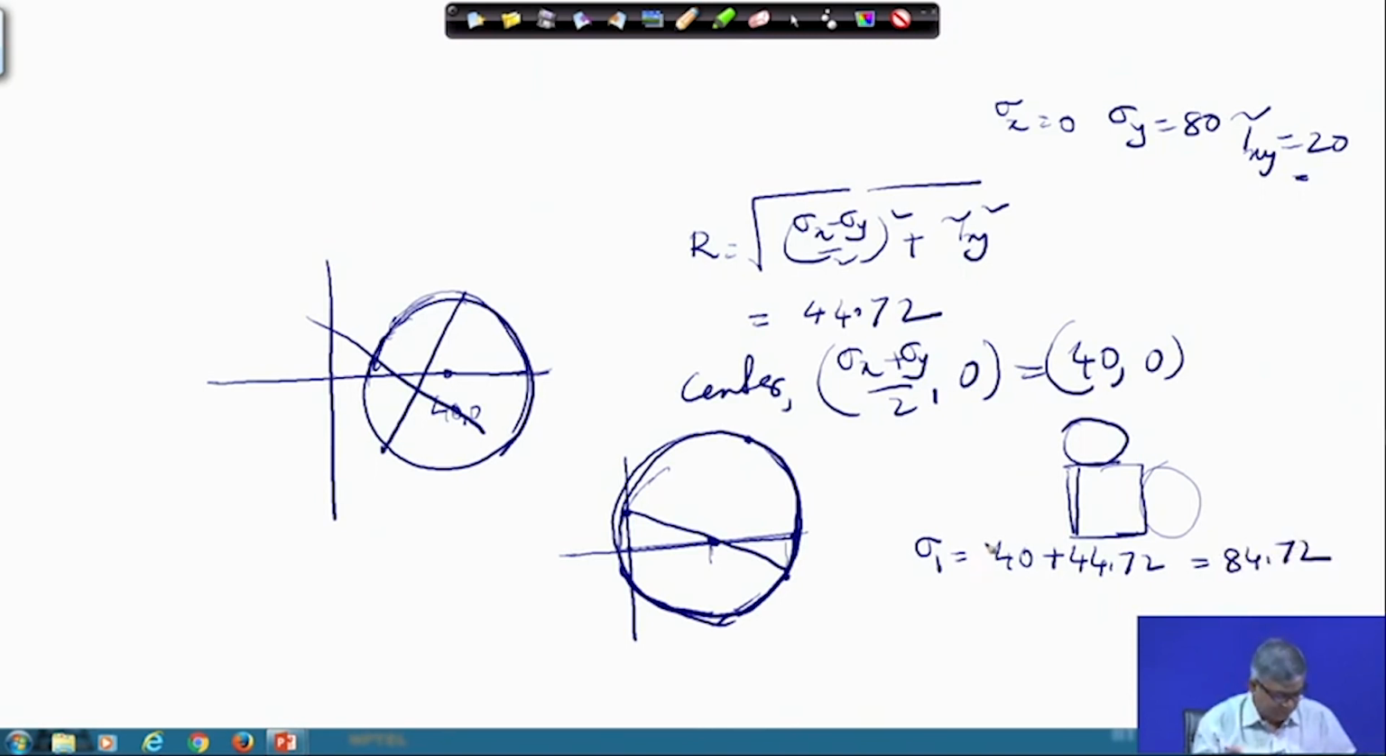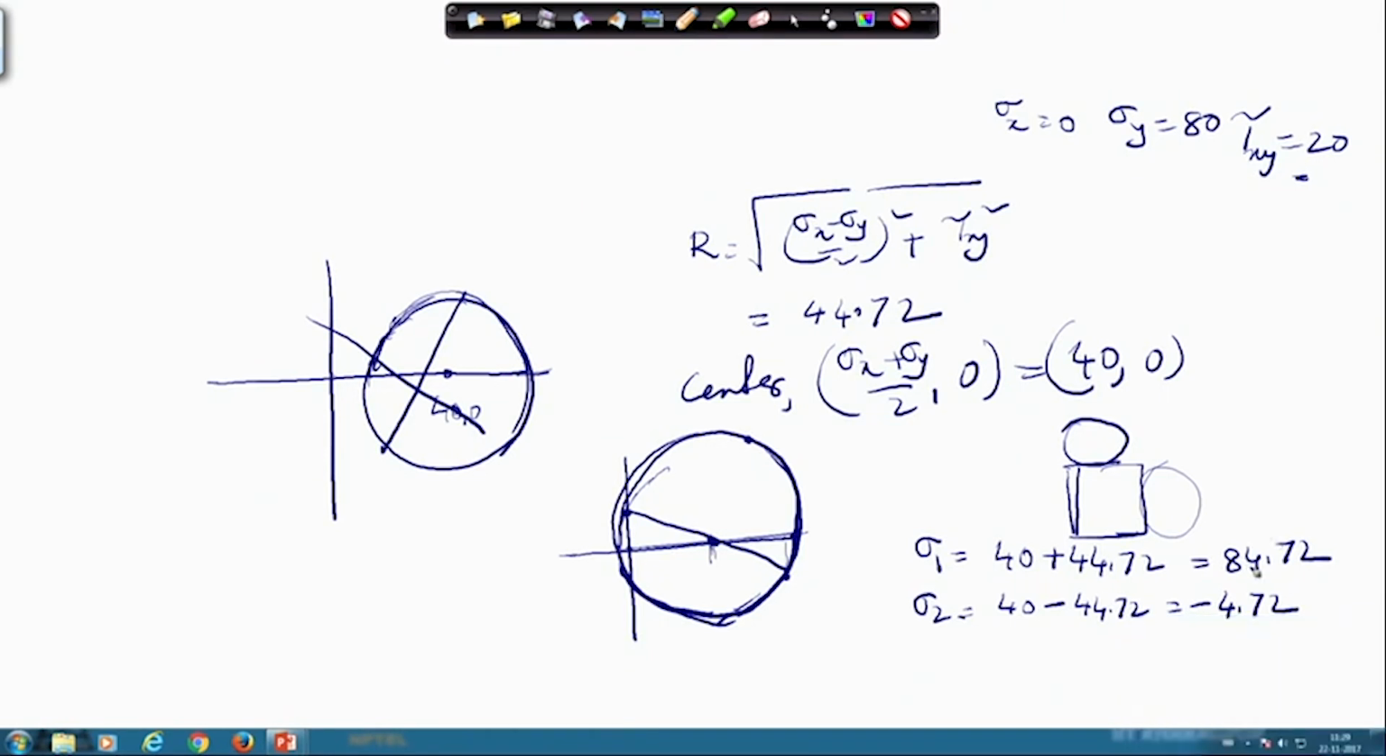Similarly, I can find out sigma 2, this is 40, and from here I can subtract r to get this side. So, 40 minus r is 44.72, that means it will be minus 4.72. I can get this. If sigma 1 and sigma 2 have been found, either I can do this calculation, or I can get